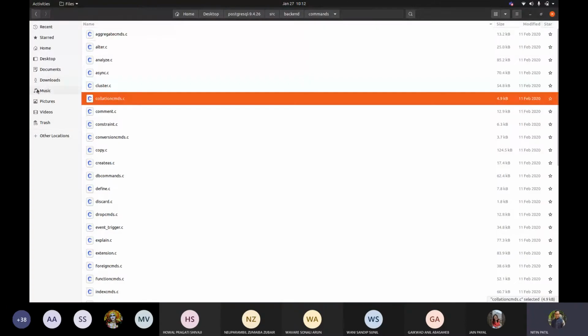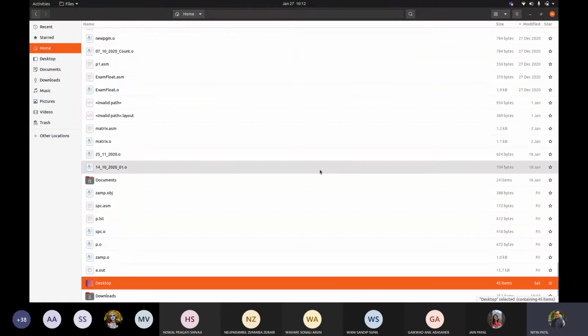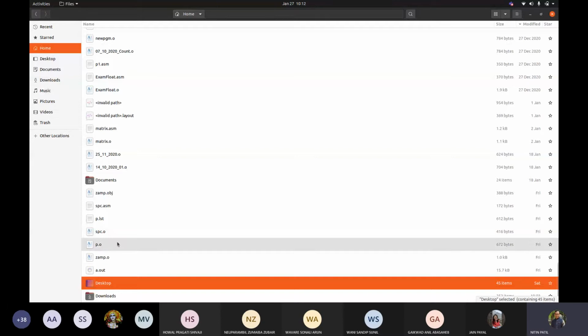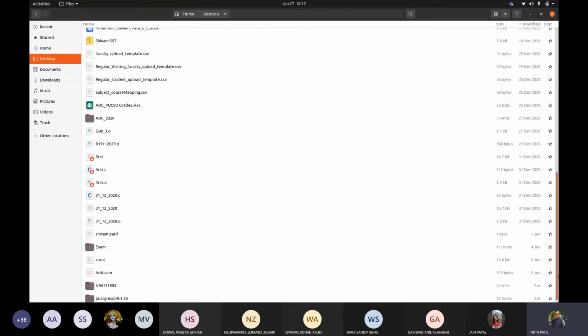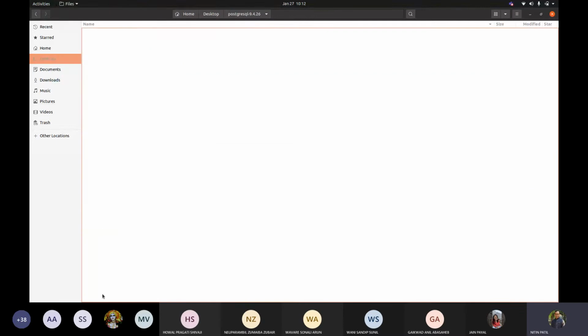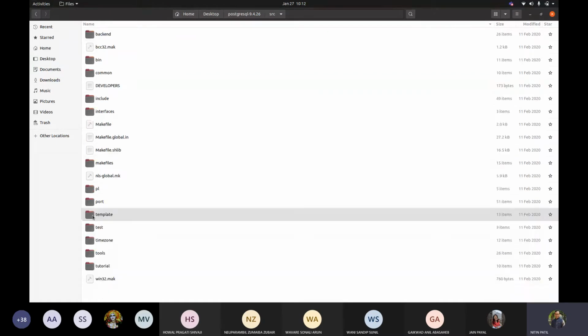Because you wanted to search that particular directory. How will you search that file? If I go to my source code which is available on the desktop, there might be different directories containing multiple aspects related to the Postgres software which I downloaded. But these files are available in source code, and I want to find them on my local machine. How exactly can I do that?